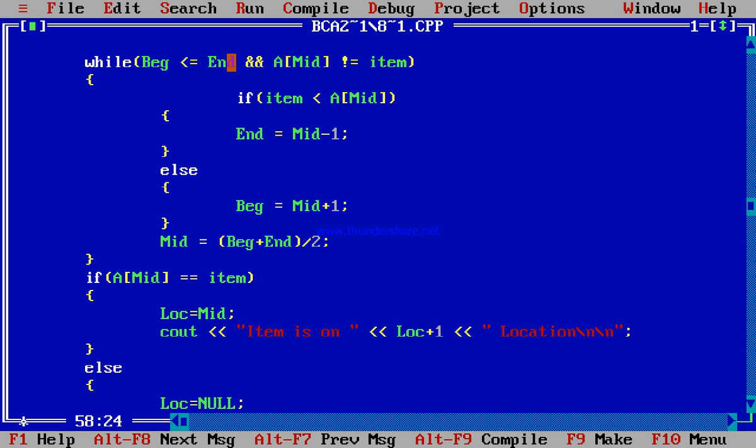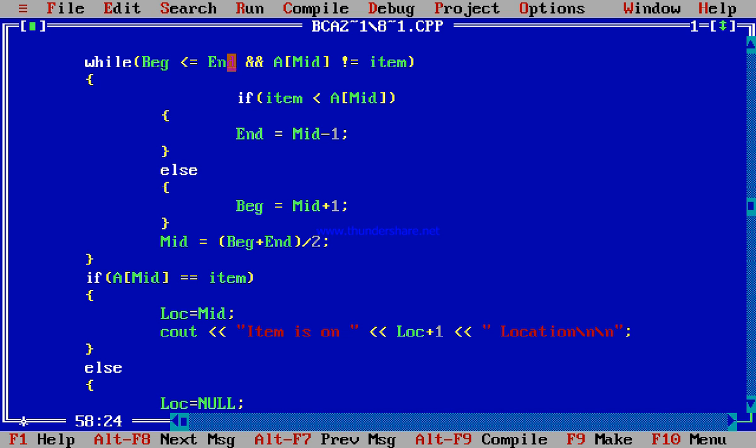This while loop executes while beg is less than or equal to end, and a of mid is not equal to atom. Means in this while loop we first calculate the mid and check whether the entered atom is equal to a of mid or not.